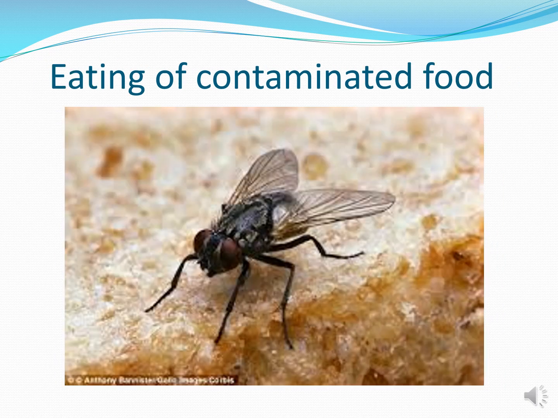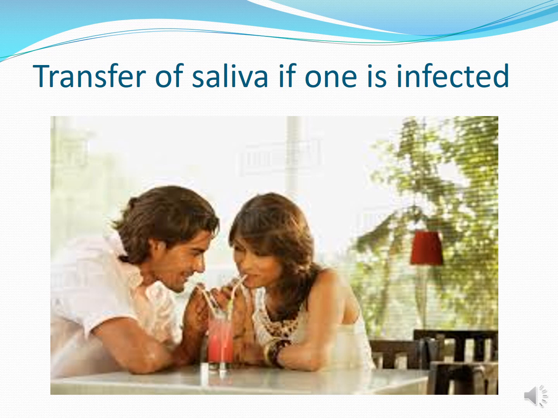Number two, the infection gets into our body by eating contaminated food. Usually flies bring pathogenic organisms to our food and contaminate it. Once we eat that food, pathogens get into our body. Then, transfer of saliva, if two people are sharing a drink, or when we are eating food eaten by others or left over by others, then the infection present in the food, transmitted by the infected individual, gets into our body.